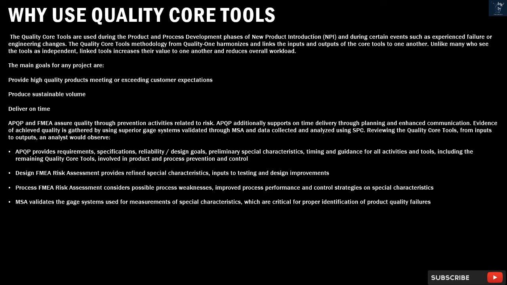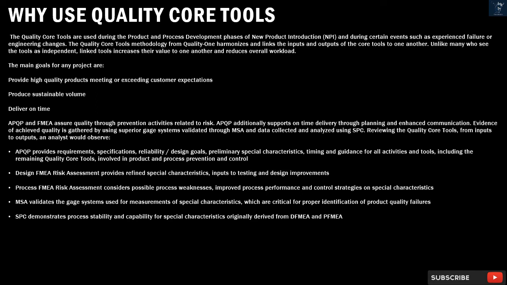overall workload. The main goals for any project are: provide high-quality products meeting or exceeding customer expectations, produce sustainable volume, and deliver on time. APQP and FMEA assure quality through prevention activities related to risk. APQP additionally supports on-time delivery through planning and enhanced communication. Evidence of achieved quality is gathered by using superior gauge systems validated through MSA and data collected and analyzed using